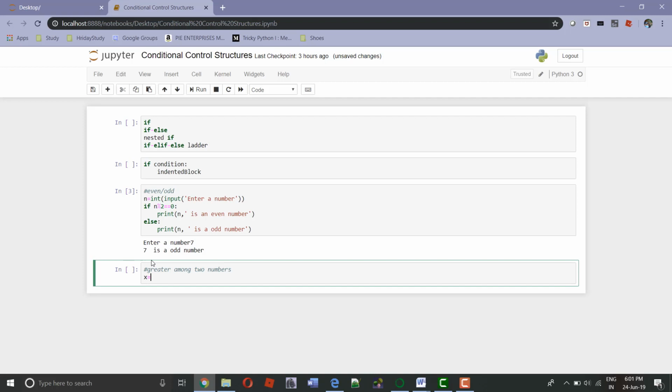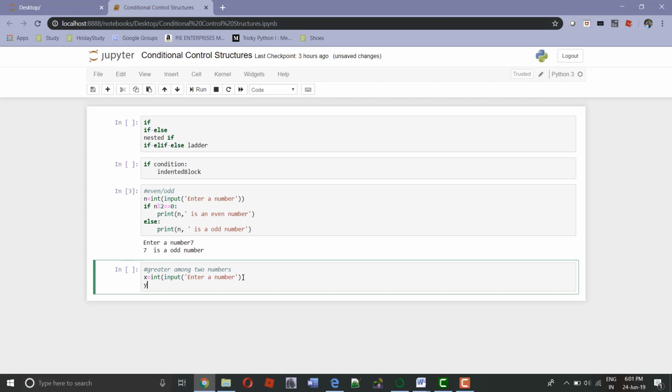So we will say x equal to, and again we will use the input method as we want the value of x to be entered by the user. So here we will again say input, enter a number, and we can typecast it to int. So here we will give int, otherwise the value read by the input method is of string type.